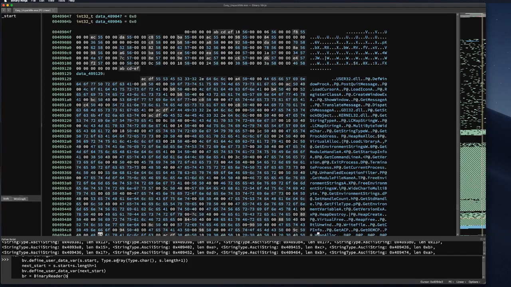I don't want to deal with the thing that was happening earlier. br.seek to next start, and then pointer is going to be br.read 32le, and then we can take that pointer and we can define a data variable there. Yeah, that pointer, and then that one's going to be a void pointer,